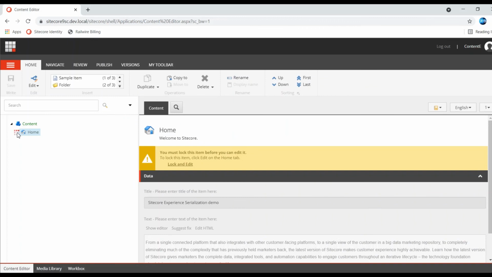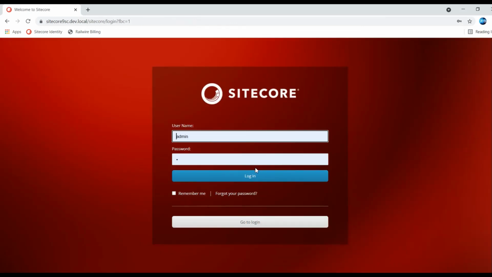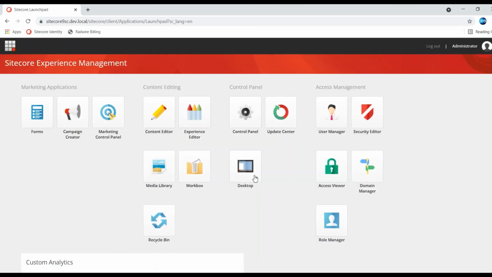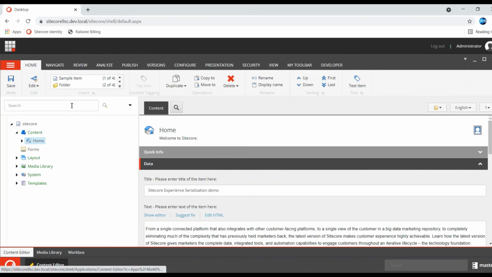Now if you go and see my item from the content editor point of view, I can't do anything. So now I'm logging out. So I'm going with my admin account. Okay, so I'm just doing this manually. You can include action, and you can do publishing the item automatically. Now I have shown a state and command. In that command you can create an action for publishing the item, or you can include another action for emailing the details to content editor. So that logic you can implement custom.